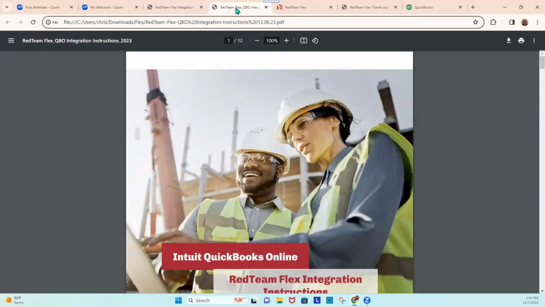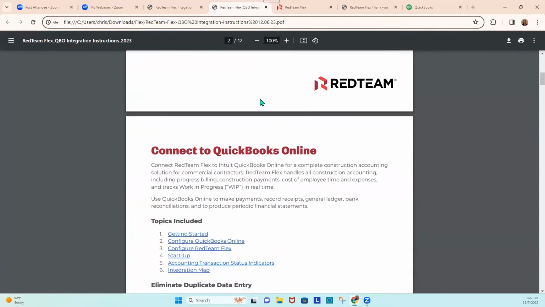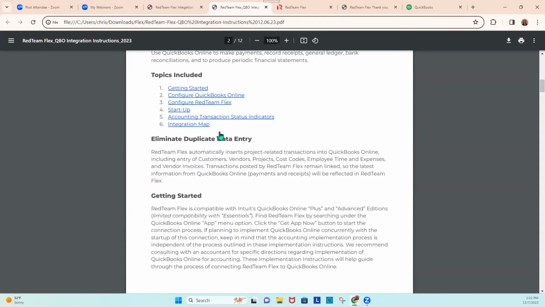Once you decide that you might want an integration, the benefits are that RedTeam Flex auto syncs your receivables, your accounts payable, and your time. With that, it eliminates double entry, minimizing the errors that come with it, and is more efficient. So the benefits are huge. Now, this document walks through the integration process. The first part is what I just discussed, basically the elimination of the duplicate